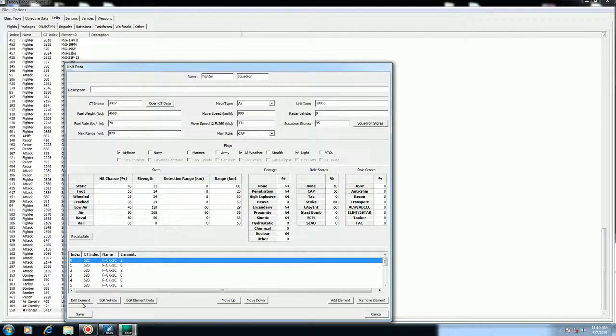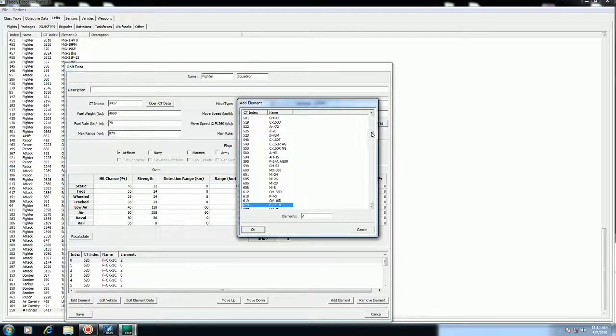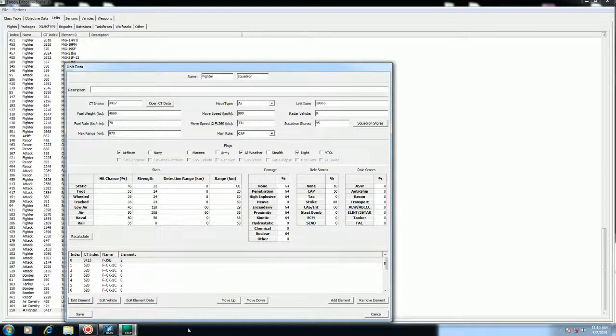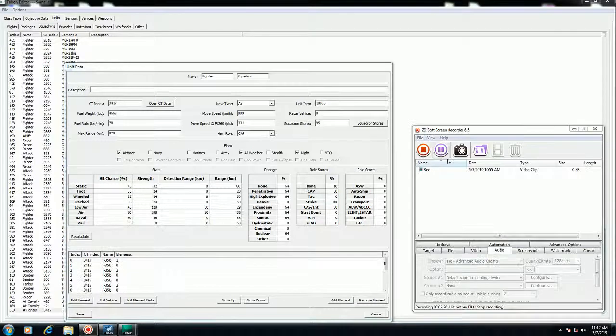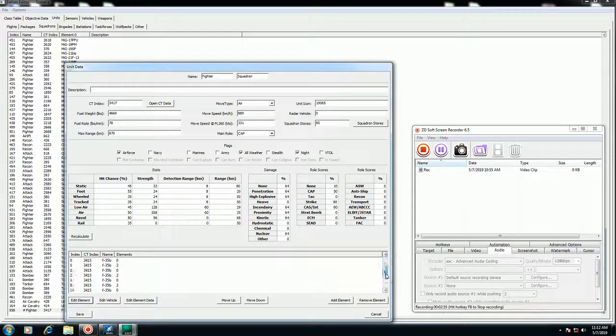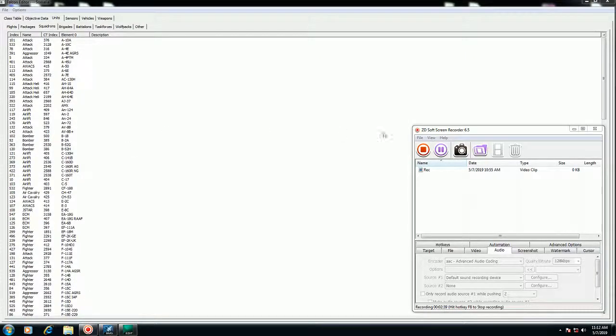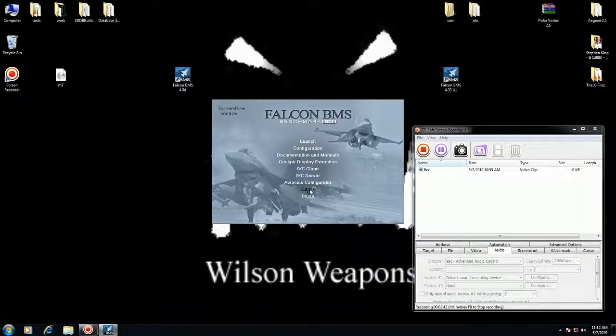to edit element, F-35B, and OK, and I'm going to pause it. OK, the squadron got the pound sign off of the fighter, and 0 through 15 is F-35B. Hit save and exit and open it again,